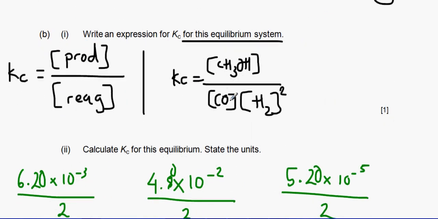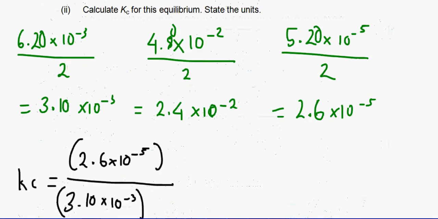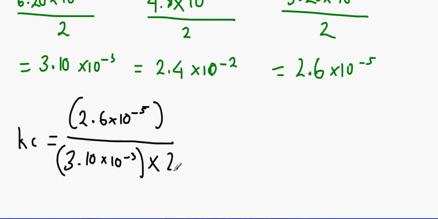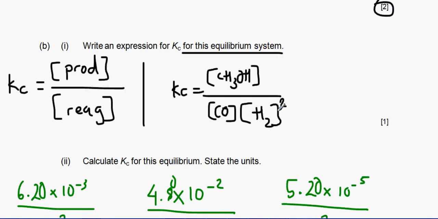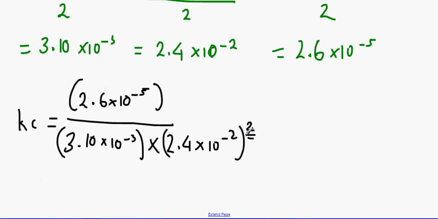And we can see over here that there's no superscript here. And for H2, it would be 2.4 times 10 to the minus 2 squared. Remember, we had a superscript over here, so we need to have a superscript over here. Now, putting that into our calculator, we would get the answer of